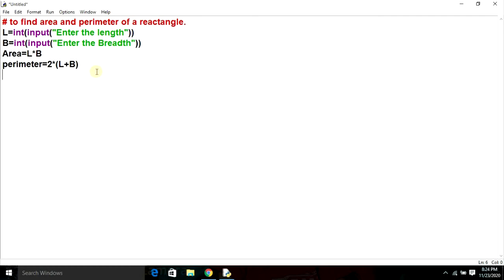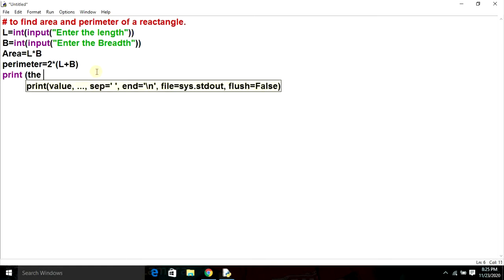What do we want? Output. For output we use print, but in small letters. Print. What do we want? The area. Inverted commas: the area of a rectangle is, inverted commas close.